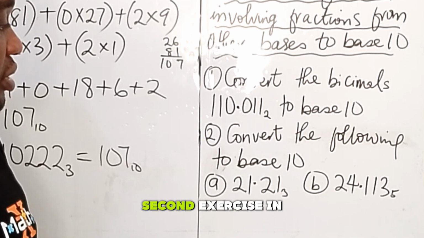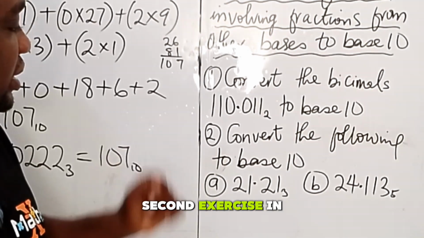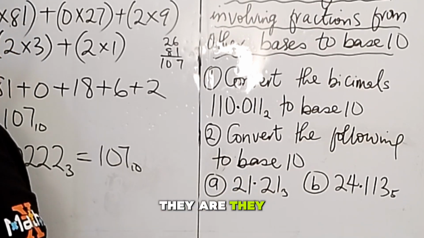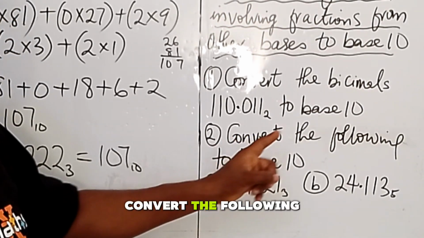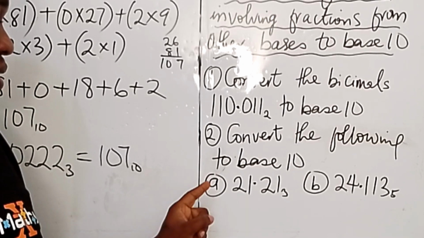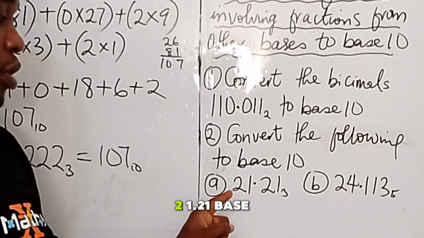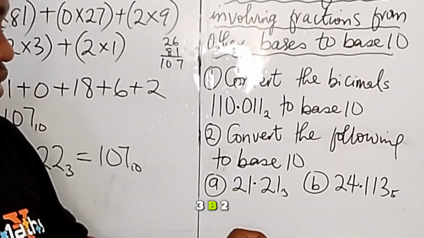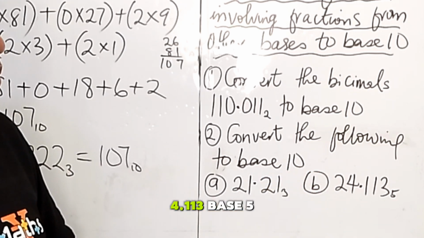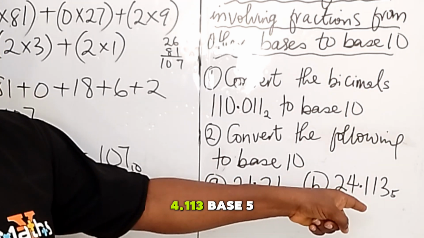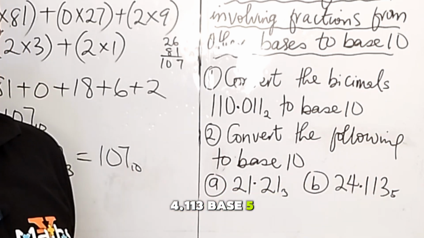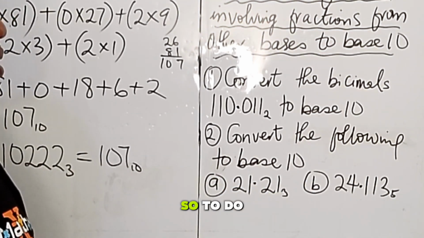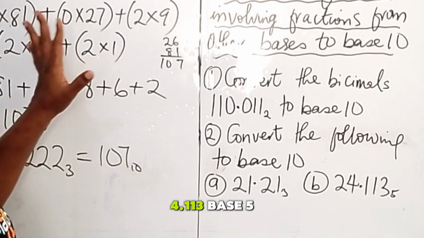Then for the second exercise in this unit, there are two of them. Convert the following to base 10. That is A, 21.21 base 3, B, 113 base 5. So to do this exercise, I'll need some space on this part of the board. Number one,